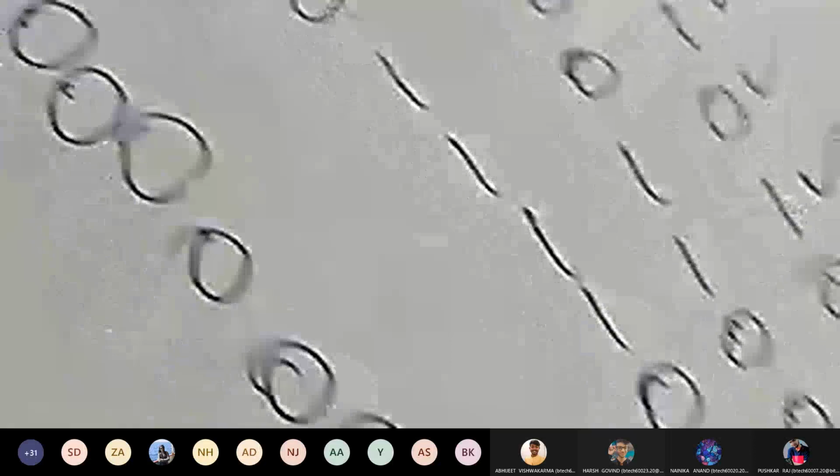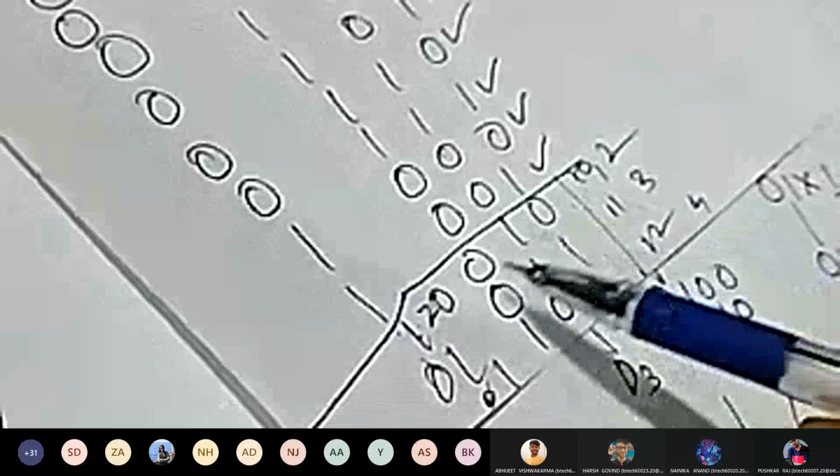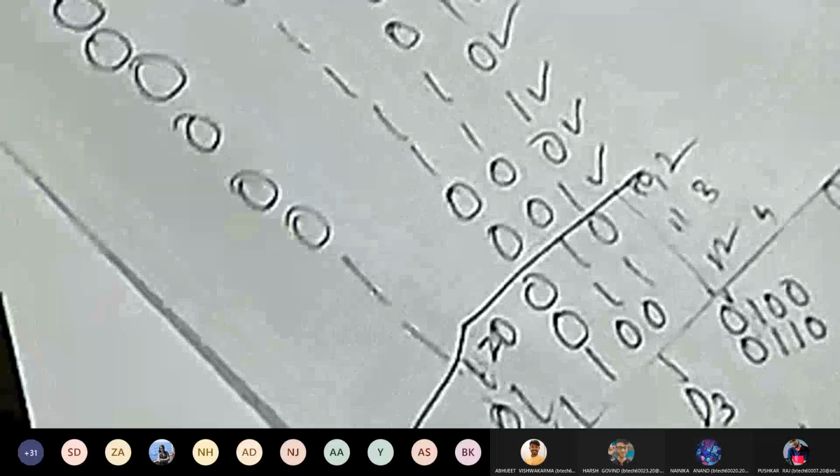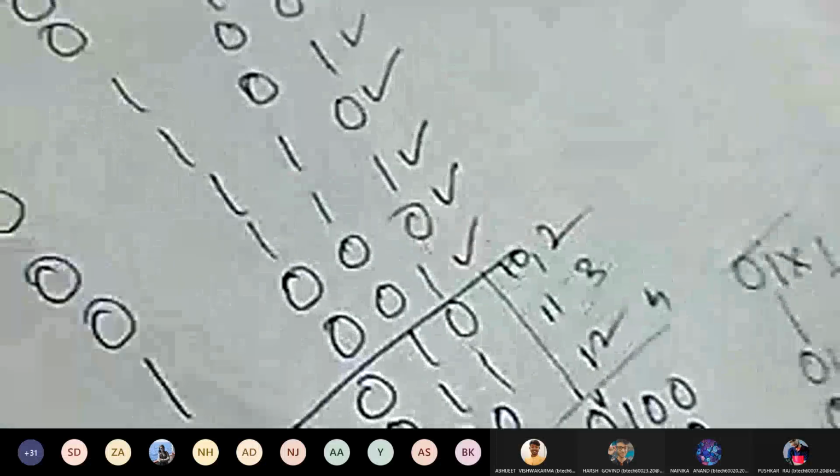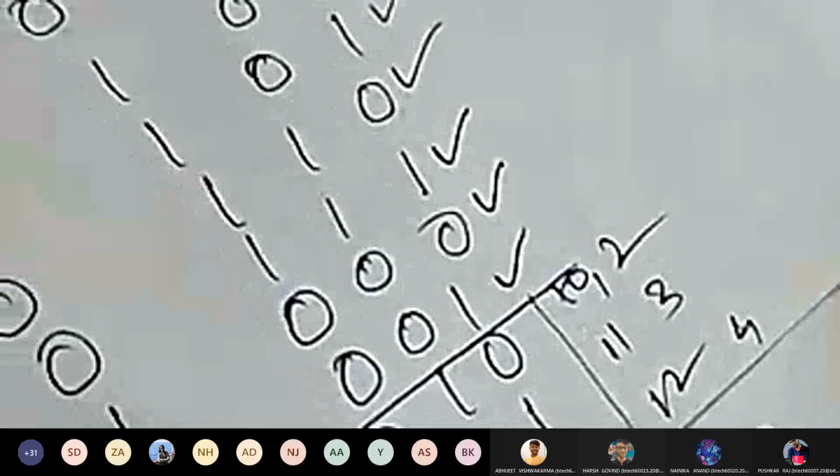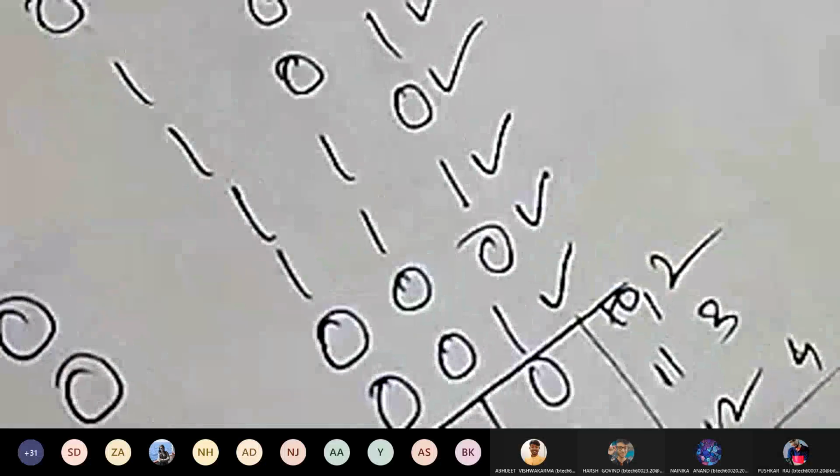So how are you saying that it will become BCD? The 10 value, if you put here 0, so hang on a minute. So what will happen? If it is 10, that is 1, 0, 1, 0. So instead of this 1, if you put 0, it will become 2. If it becomes 2, that means it is your BCD number. Similarly, all the ones you have to remove. So when you remove all the ones, you will put there 0.